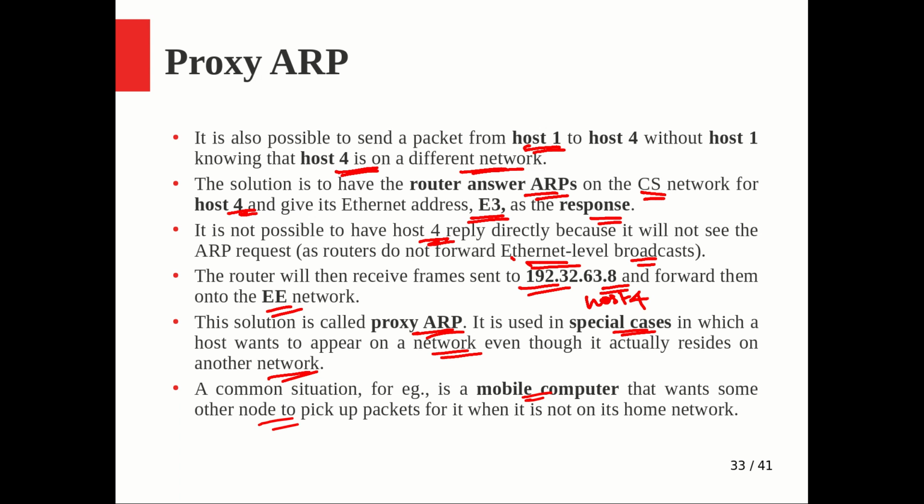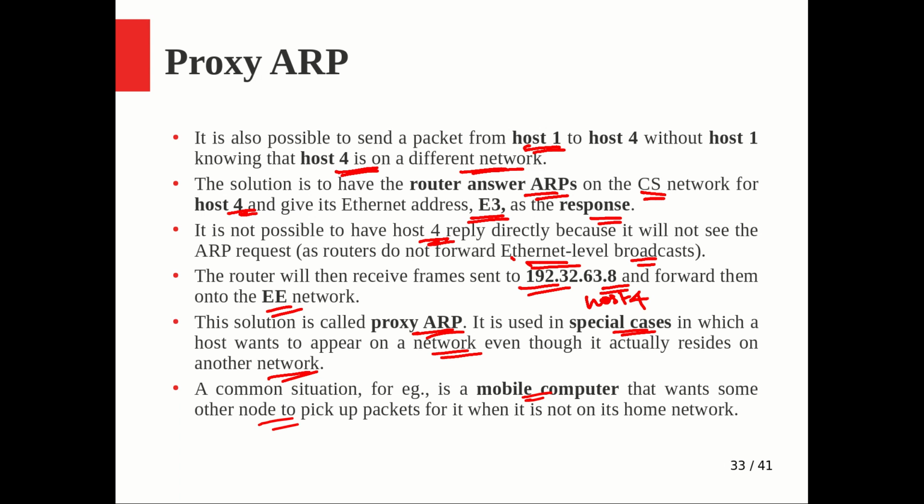So the only difference is, in the previous case, the sender itself understood that the destination is on a different network, and it took the router's default gateway address and correctly did everything. So the burden was on the sender's part. Now we are handing over all those checks to the router. So whenever an ARP broadcast comes, whether it is for the same network or a different network, the router has to do the checking part. So the router is now overburdened with the proxy ARP part.